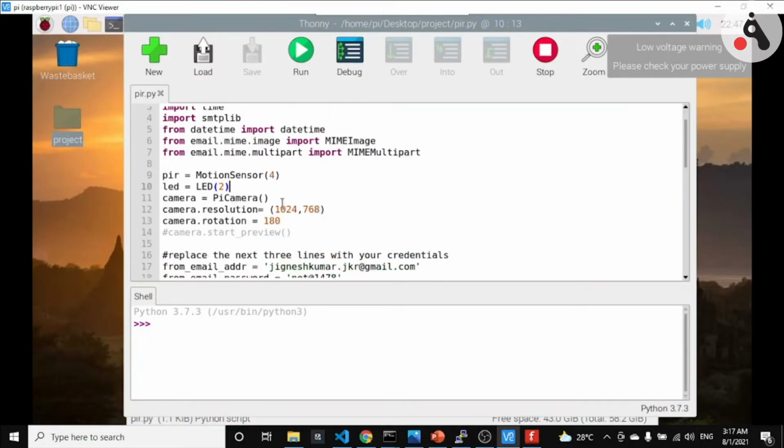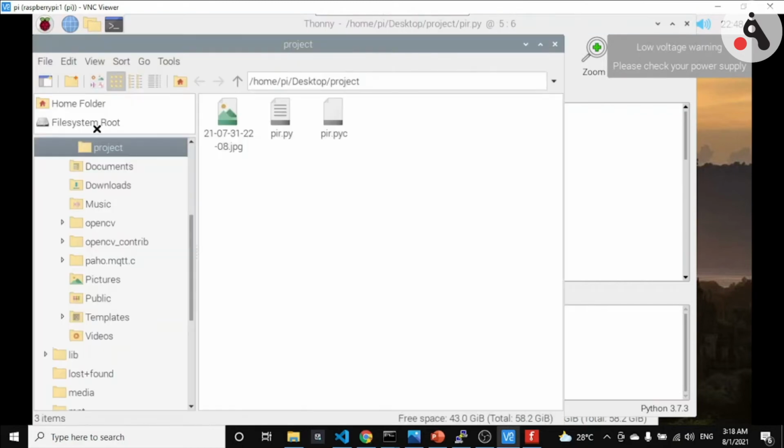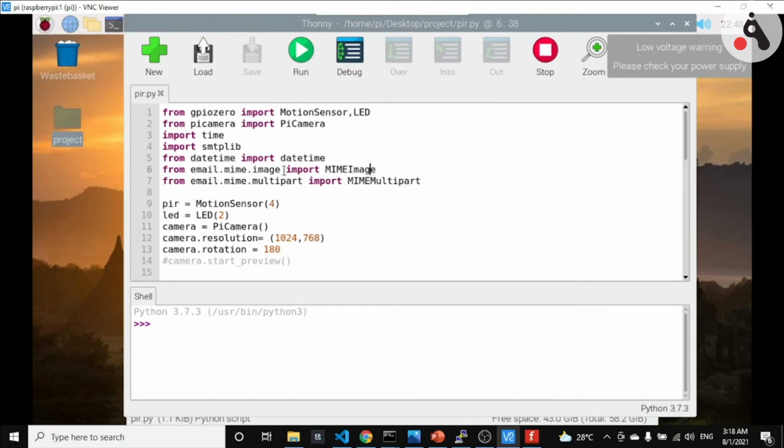For this script we can see that we are also importing a few more libraries. Let's discuss these: we are using smtplib, datetime, MIMEImage, and MIMEMultipart. These libraries are helpful: smtplib will be helpful in sending the email, and these two libraries will be helpful in sending the image file with the email. And datetime we are using to save the file name, because it should be unique, like you can see here. That's why we are using these three things.